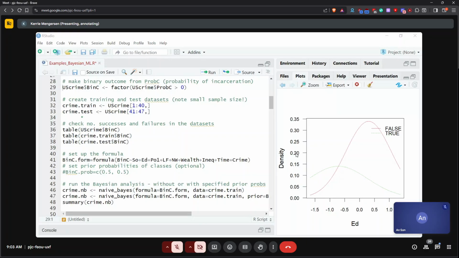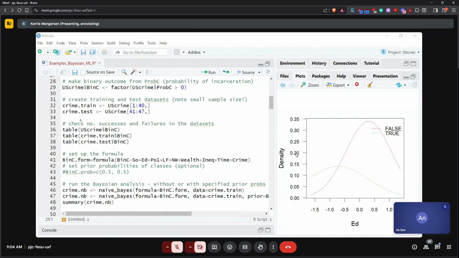I've said if the probability of incarceration, the probability of going to prison, prob C, is greater than 0, I'm going to make it a 1, and if it's less than 0, I'm going to make it a 0. That makes a factor, just a 0 or 1 variable for whether you'll go to prison or not, and that's going to be my response.